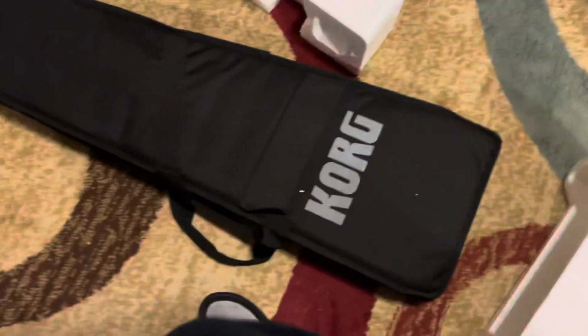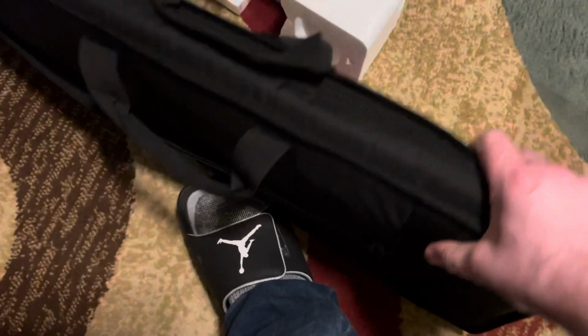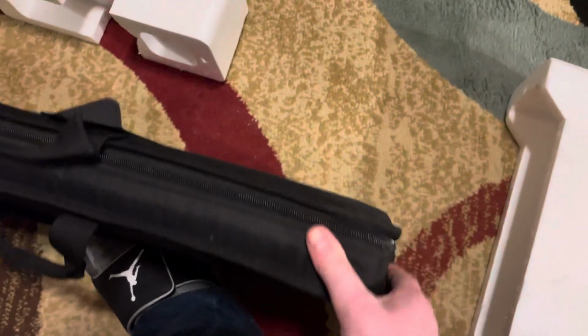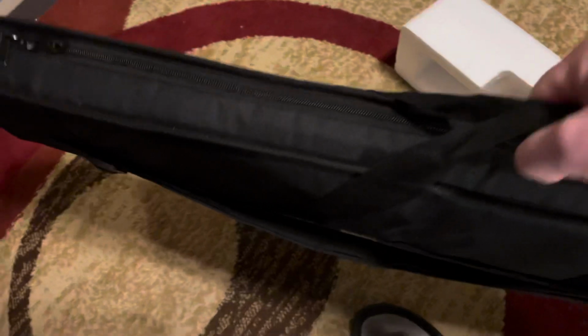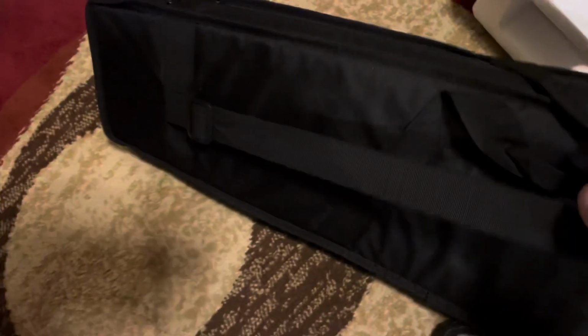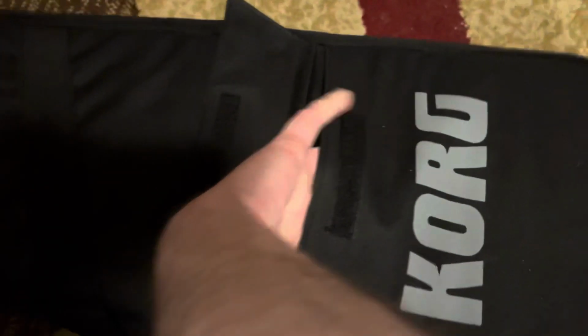So, you know, that's a good thing. It's a really nice case. You can feel that it has good padding. It's got a shoulder strap here. I really like this front pocket they give you because you can put